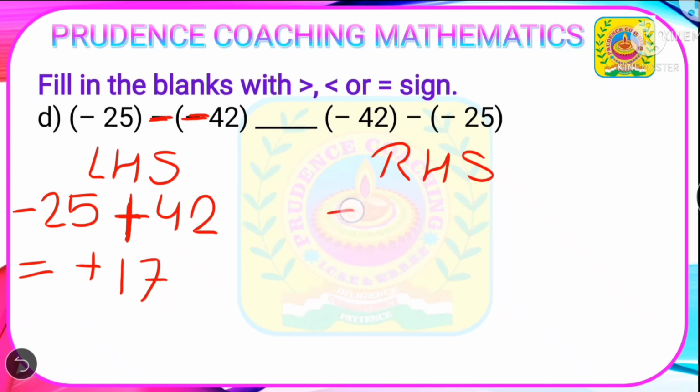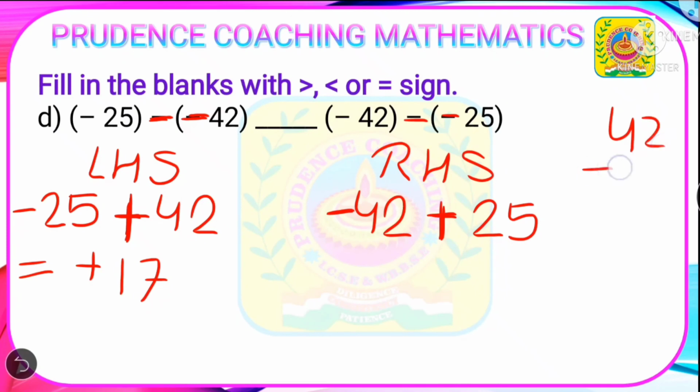Here we have minus 42. You will write the first number as it is. We have minus and minus. We know in the multiplicative identity we will get it as positive, as two similar signs will be converted into positive sign. So here we will get 25 as it is. Now we will apply the additive property. Here you can see this one is negative, this one is positive, so different signs, so you need to find out the difference. So minus 42 plus 25 will give you 42 minus 25. We had already calculated before, so it will be 17.